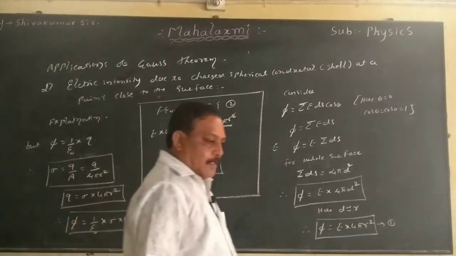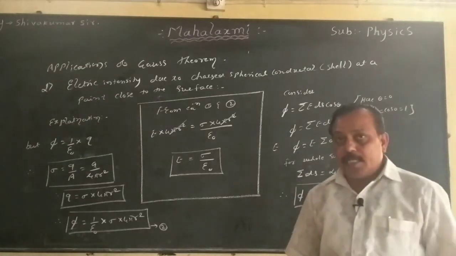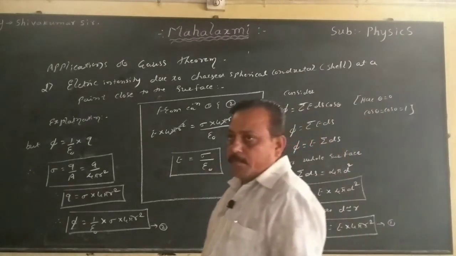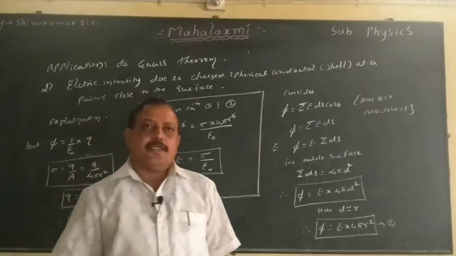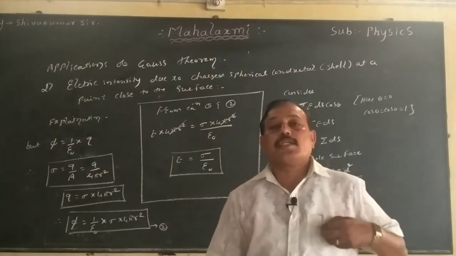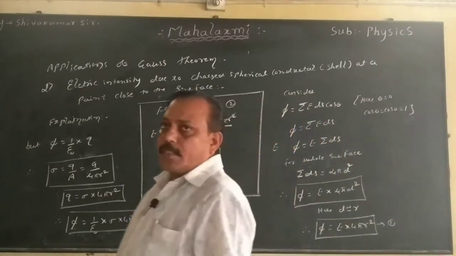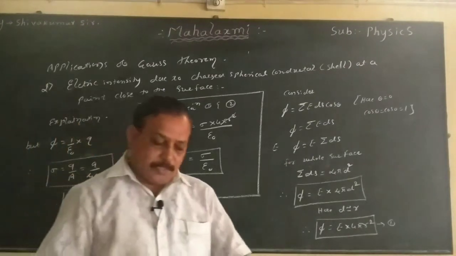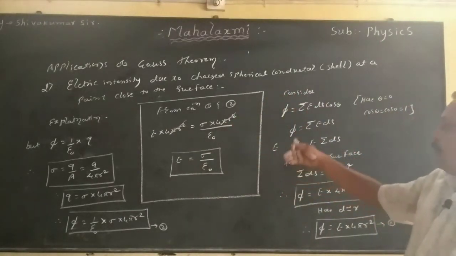Yes. Then the last one: we kept the point far away, after that brought it nearby, and now we bring it inside. When the point P is inside the spherical conductor, then what is the electric field? We know theoretically, the electric field inside the conductor is zero because charges never enter inside the conductor. There will be no existence of charge. Then there will be no existence of electric lines of forces. Then there will be no existence of electric flux. Then the electric field is zero. We can say this theoretically. Then how do we say that the electric field inside the spherical conductor is zero in equation form?